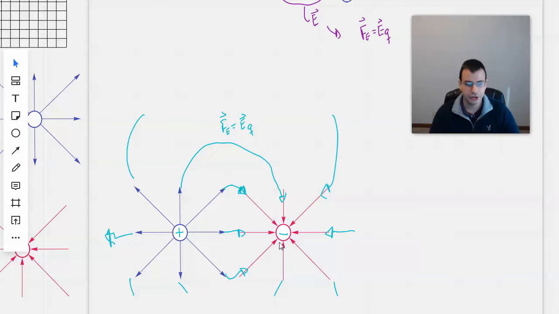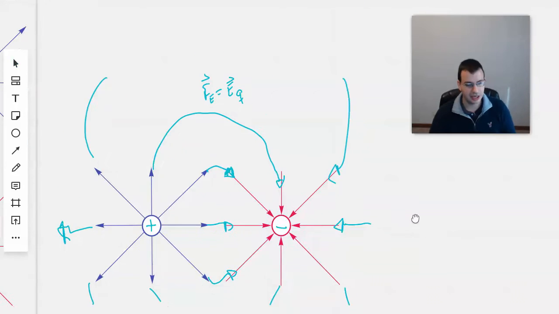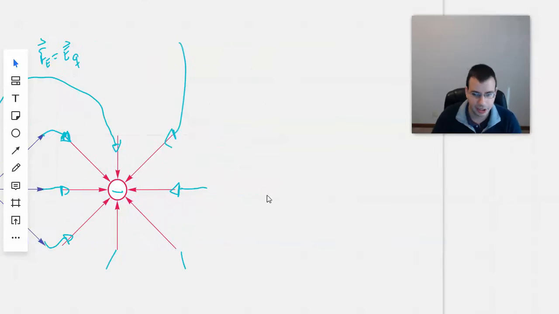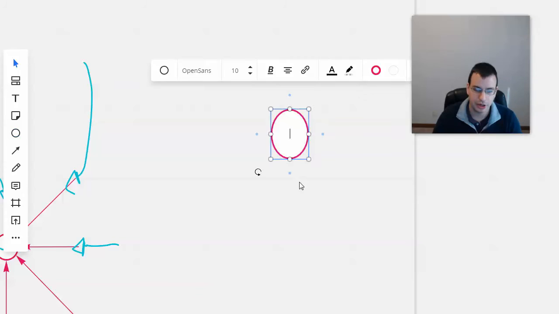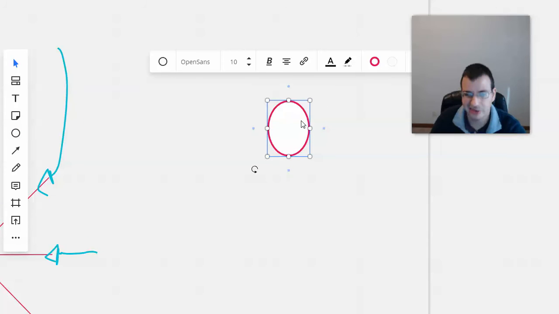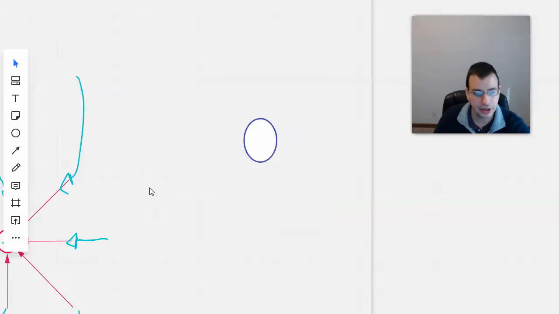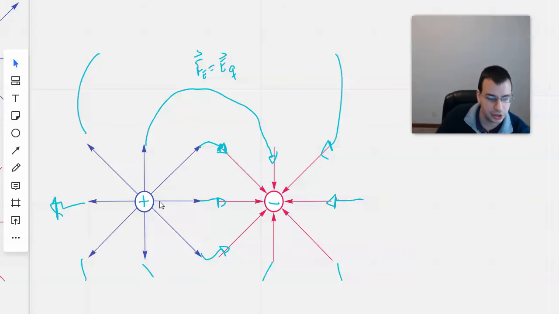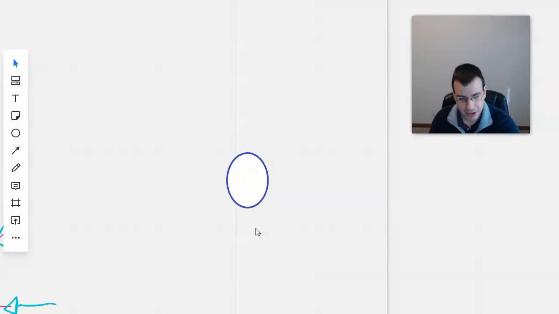All right, so that's kind of an idea of how you can draw electric field lines. Let me give you an alternate way of drawing them real quick. They're almost never drawn this way, but it's not actually a bad way of drawing them. So, well, it's at least acceptable. So here we drew electric field lines where the electric field is very strong close to the charge, and it gets weaker as you go. Another way you could draw that would be